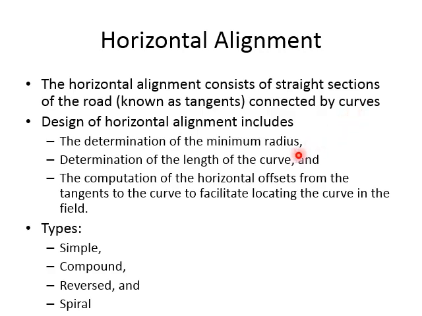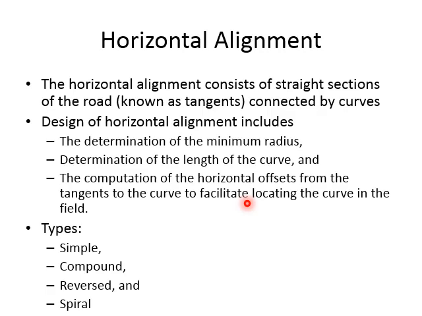When you are designing the horizontal alignment, you have to follow these steps. First of all, find out where the tangent is changing, and then for that change point you design a radius. For radius, we have an equation with the speed of the road, which we discussed in chapter 3. Then find out the length of the curve, and then using radius and length, you will find out the offsets for points on the horizontal curve. So these are different offsets. These are not the offsets which we are doing for vertical curves.